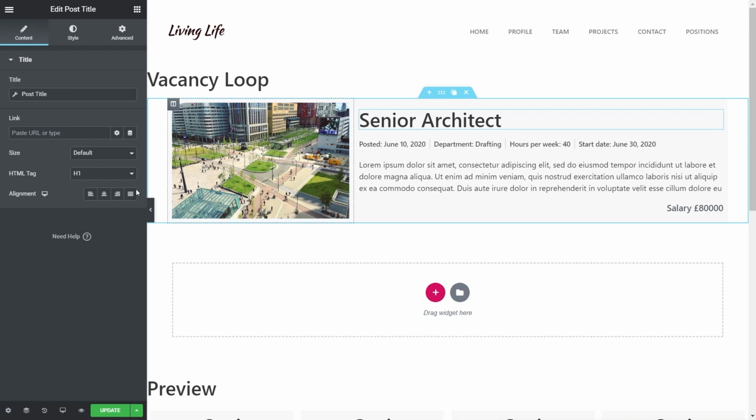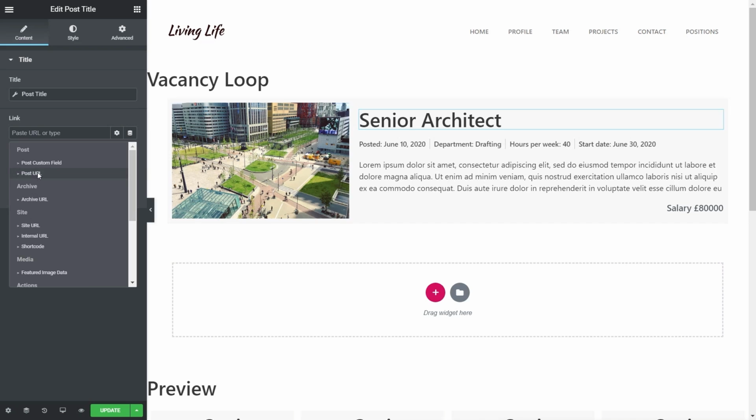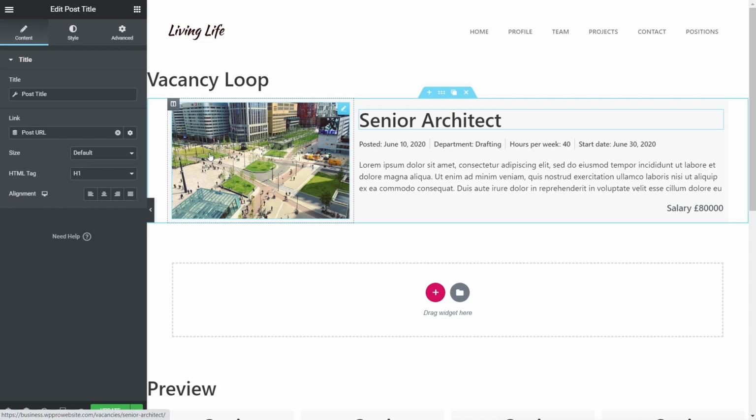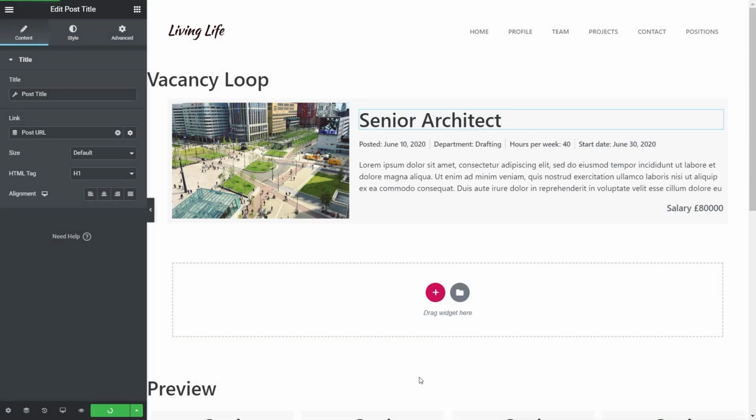So we can click on the title, and we can come over, you can see link is an option, so we can click on the dynamic tags, post URL, and now we've set this up so you can click on the image, or you could click on the title of the role and either of those will take you through to the relevant details page. So we'll hit update on there, save and close this with no condition, and that's our loop set up and